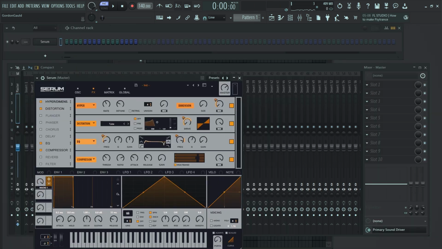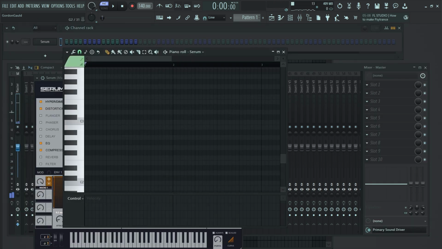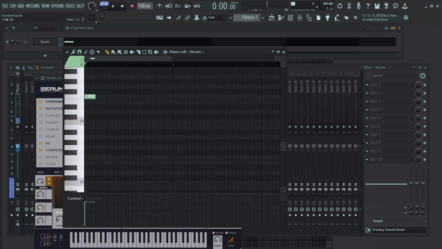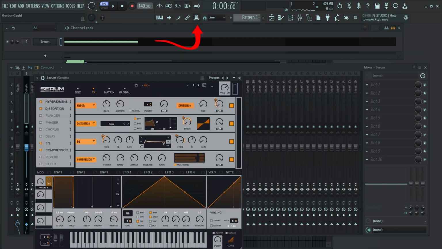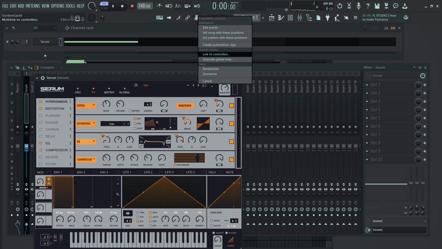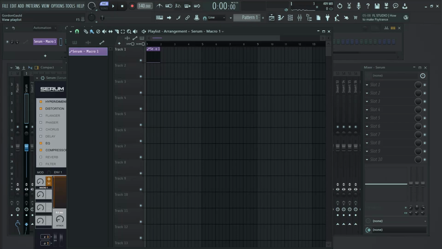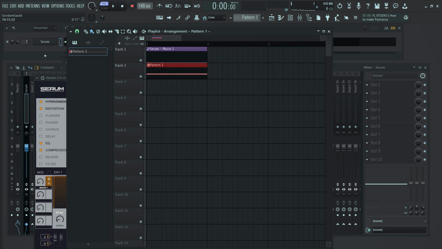And then if you bring it into the pattern, Control L, put it on a clip, open up Serum again, and then go like so, and then just wiggle with macro 1, and then right click and hit create automation clip. Then you'll have an automation clip in your playlist, and it's the same as using Mod X inside of Sytrus. You can just draw your pattern with a